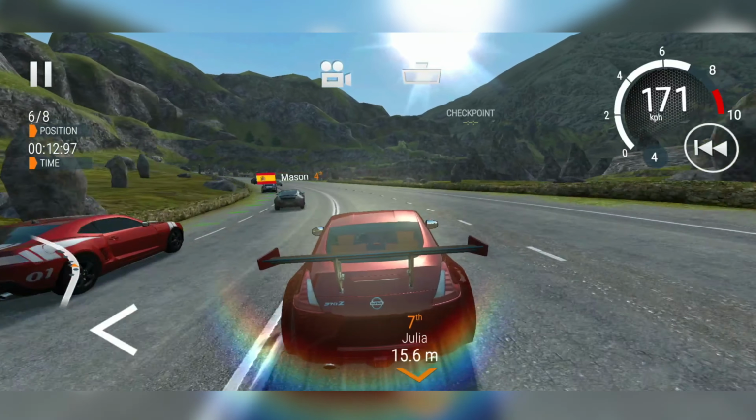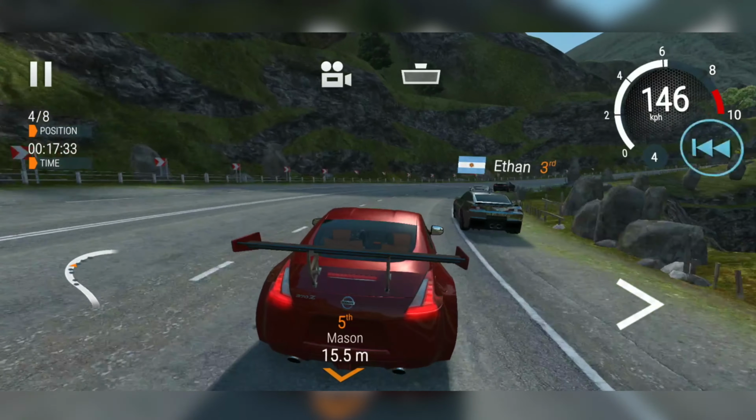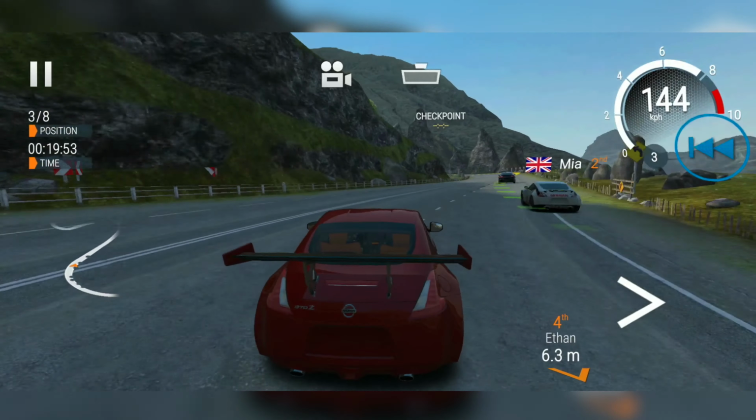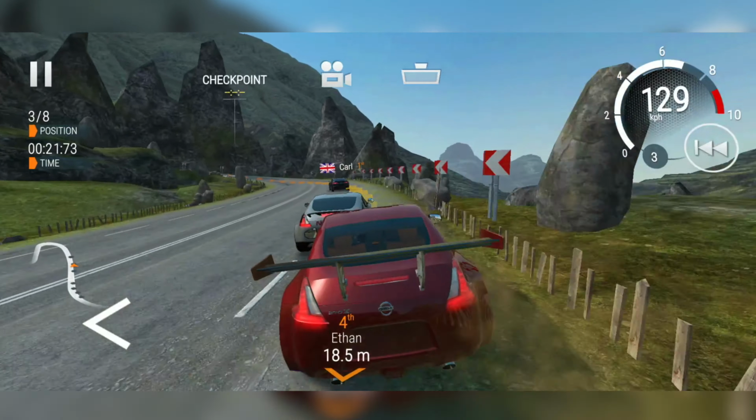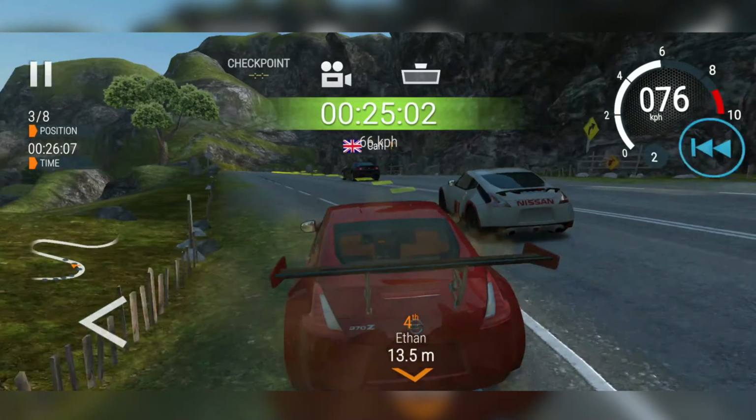The tracks themselves are all completely fictional, so you're not going to see your favourite racetrack, which was a little bit of a disappointment, but you've got some really awesome options in regards to upgrading your vehicle and buying a bunch of new cars as well, and it also has online multiplayer as well if you want to get a little bit